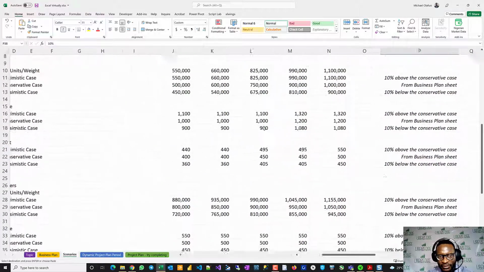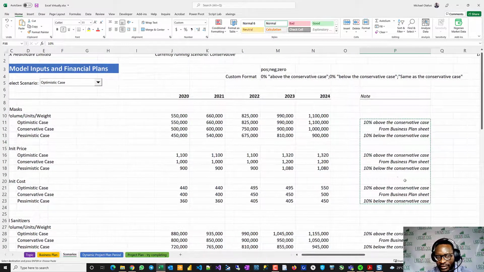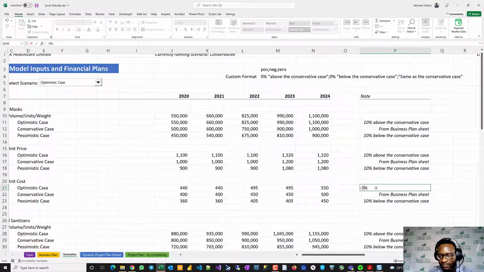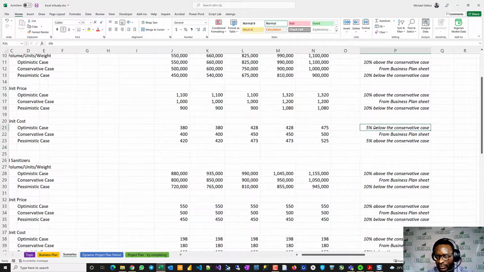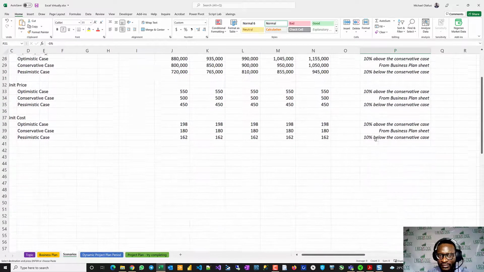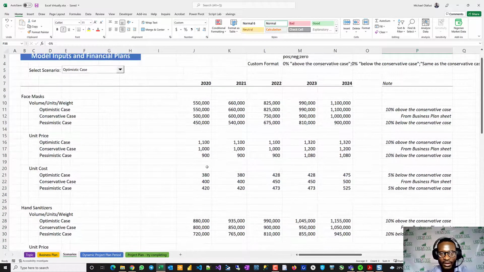So for expenses, costs, what if we are more efficient, right? What if we have a 5% cost saving? What if we overshoot by 5%? So do that. So for the cost items, I do that. Okay, so with this